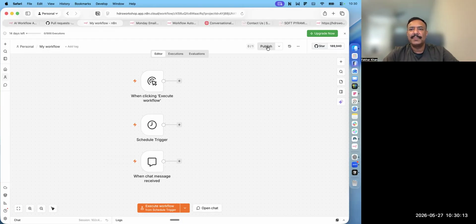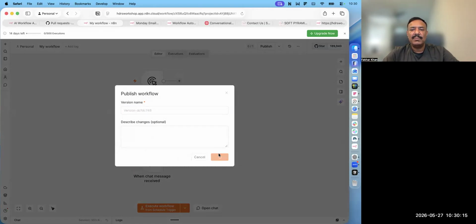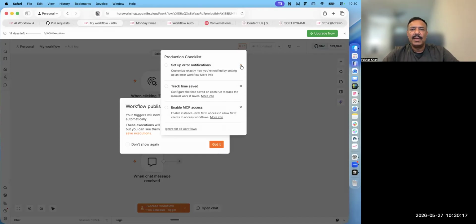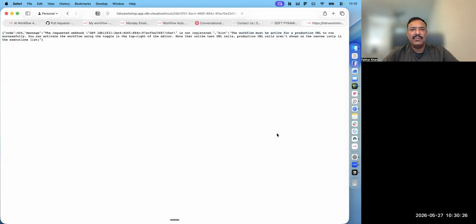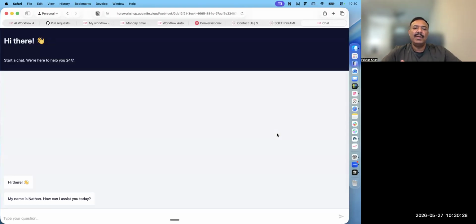I will share that. So we will click on the publish, and we can just skip the warnings they are showing for now because we are just learning, and we refresh this URL. So we will be able to see a chat window here. So this chat window is actually taking the full page